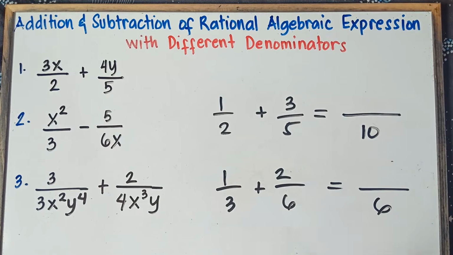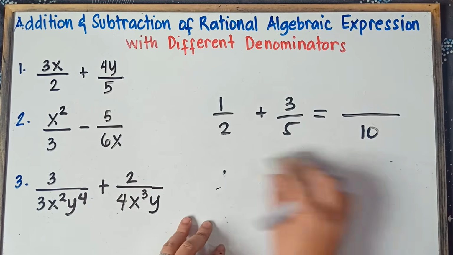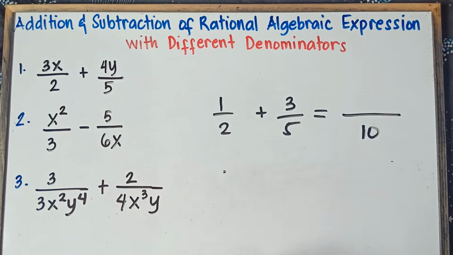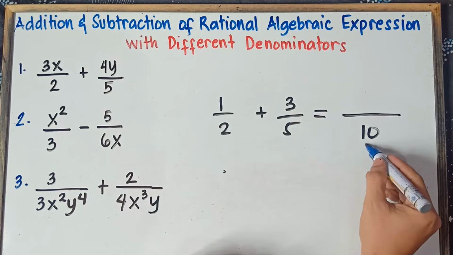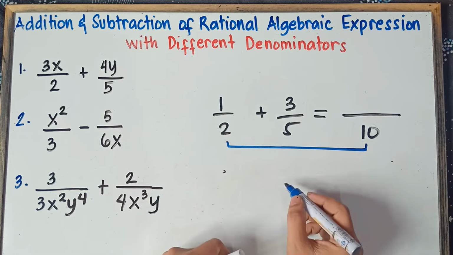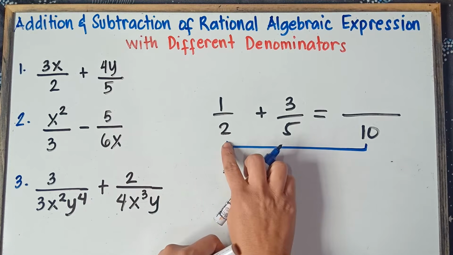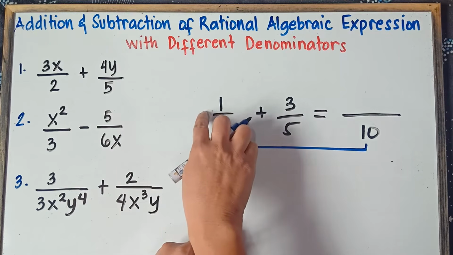That number is divisible by 3 and 6, that would be 6. Alright, now once you find the LCD, very easy class, just simply divide. Simply divide 10 divided by 2. Once again class, 10 divided by 2, that would be 5. And then simply multiply your answer by the numerator.